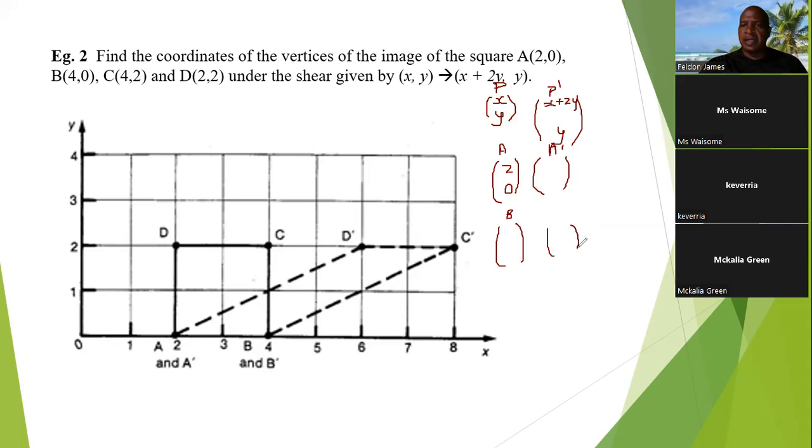So you have to work A dash, B dash, and B is 4 and 0. C is 4 and